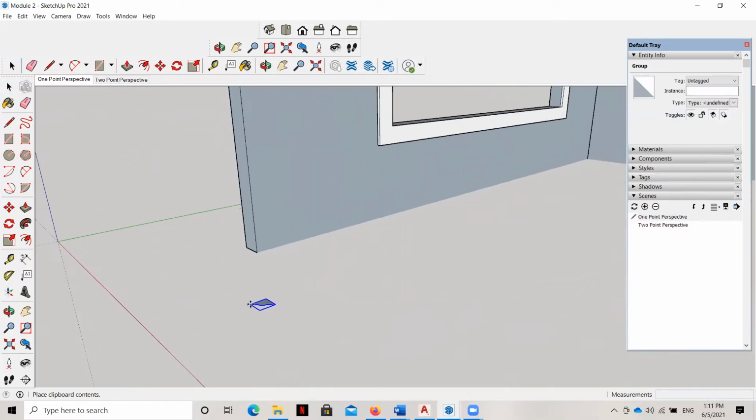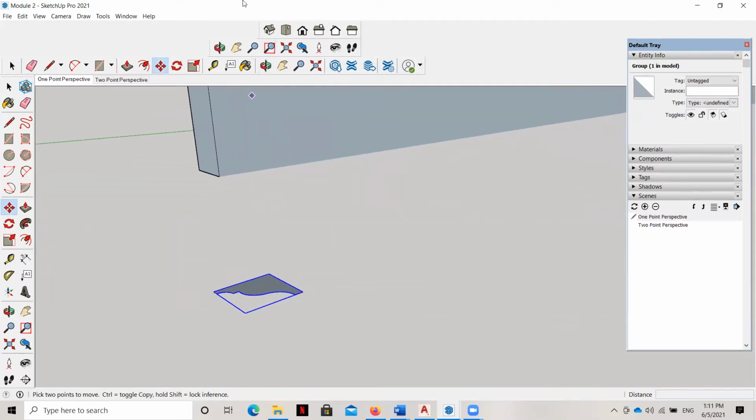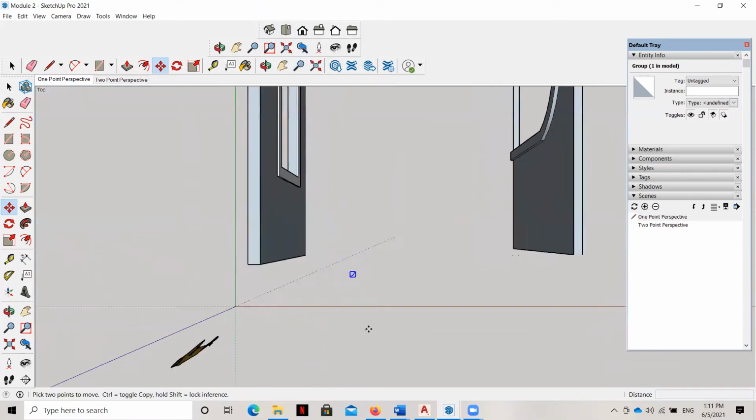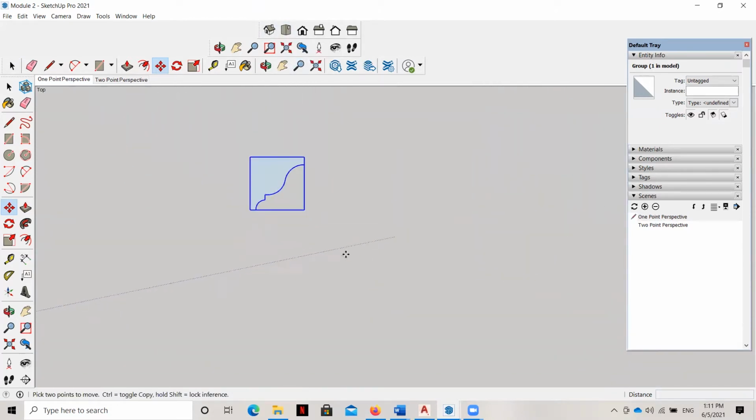There it is. Okay, so a couple of things we need to know about this profile. Right now, it's really just line work, but we need to go ahead and make it a face so that we can begin to extrude it. So I'm going to go to a top view, floor plan view, and there it is right here. And what I'm going to do now is create a face for it.